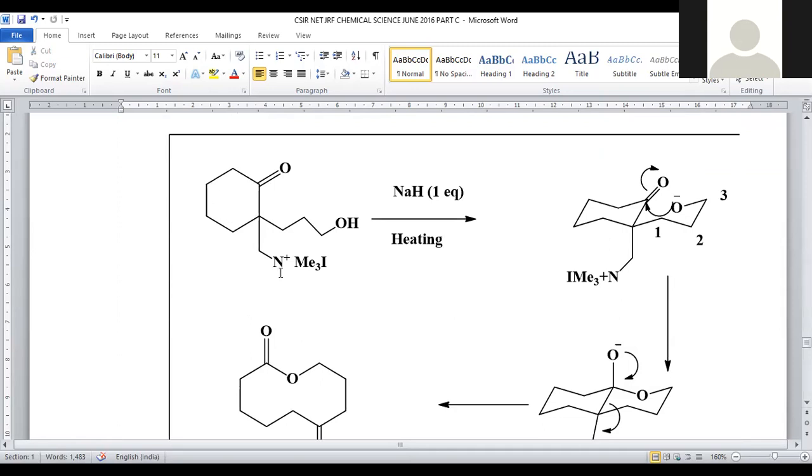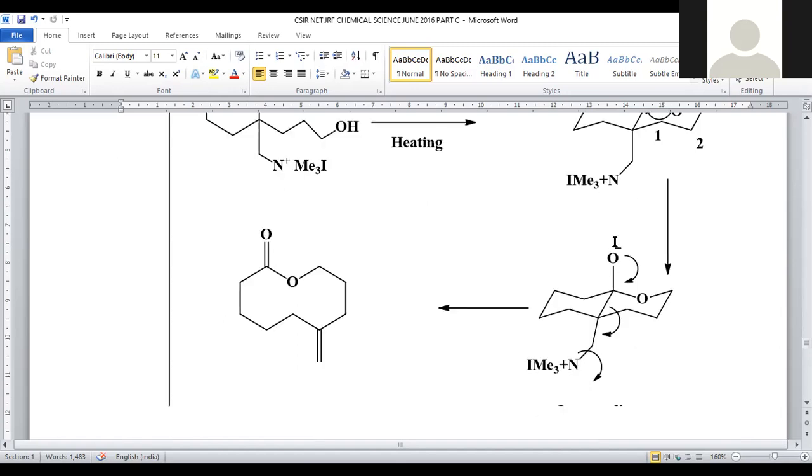Here starting material is a quaternary ammonium salt. It is treated with sodium hydride. Sodium hydride is a strong base. Here oxide will be generated. Oxide will be cyclized and so the cyclic lactone form will be generated. O minus is highly unstable because oxygen already has 2 lone pairs of electrons and more negative charge, it will not be favorable. So it readily back transforms the electrons in order to get the ketonic ring.